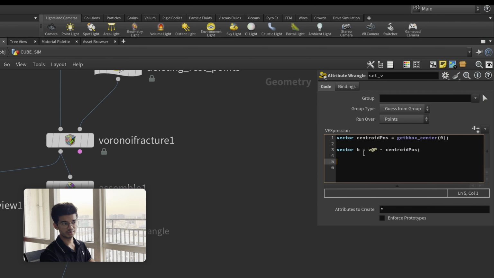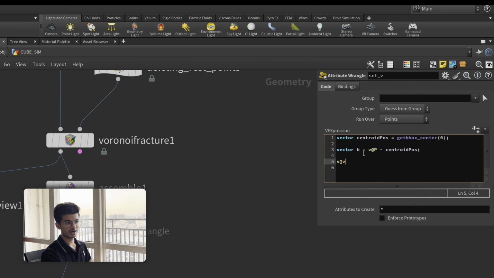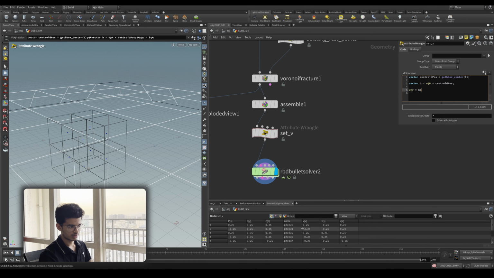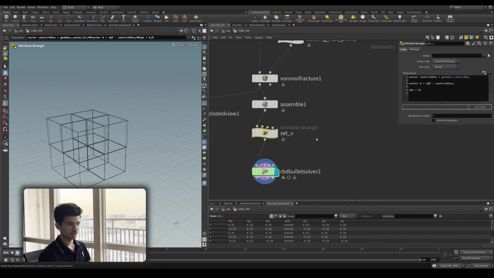And now we get the vector b. So we can assign this to our velocity vector using our attribute v at the rate v. Since velocity is a vector, we have written v in front of it, and then we can set it as b. So now we have the velocity, and in the geometry spreadsheet you can also see we have the velocity vector. And now if we play the simulation, nothing is going on as of now because this velocity vector doesn't